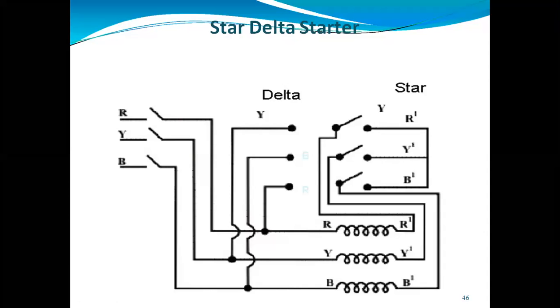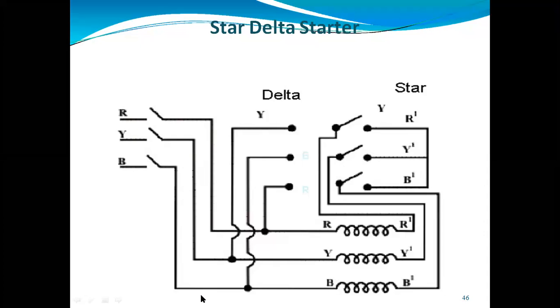When we are using the three-phase supply to give power to the three-phase induction motor, the standard sequence is red, yellow, blue. That's why you can see here we are using the R Y B phase sequence. So here, when we are supposed to use the star delta starter,